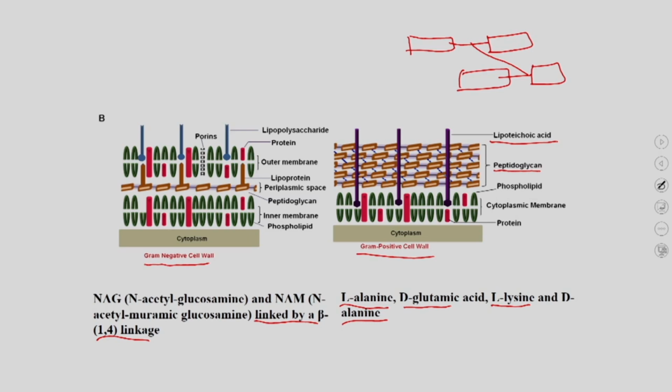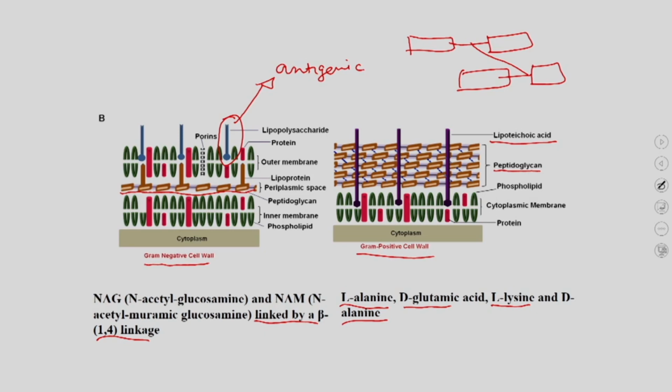Whereas, in the case of gram negative bacteria, as you can see, it has a very thin layer of peptidoglycan, and below this you have the plasma membrane, and you also have the LPS, which is present in the gram negative bacteria. This LPS is a source of the antigenic reaction in the host. So, with the help of this LPS, which is present on the surface of the cell wall, the bacteria induce the immune cells in the host and cause the downstream immune reactions.